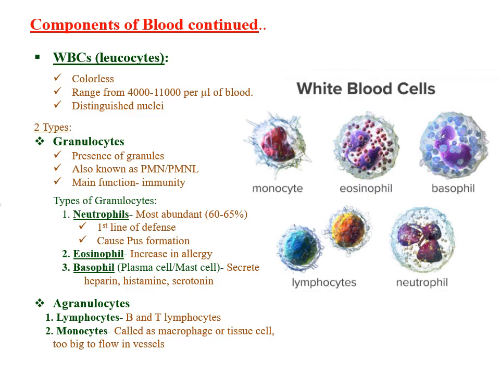White blood cells or leukocytes. These are colorless due to the lack of the pigment hemoglobin. They range from 4,000 to 11,000 per microliter of blood. All white blood cells have nuclei, which distinguishes them from the other blood cells, the RBCs that are anucleated, and the platelets. WBCs are divided into two broad categories on the basis of their structure.